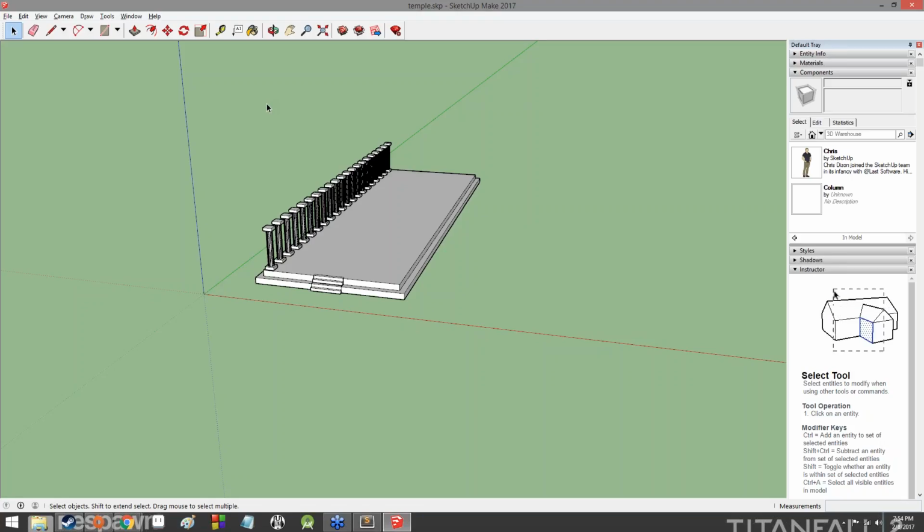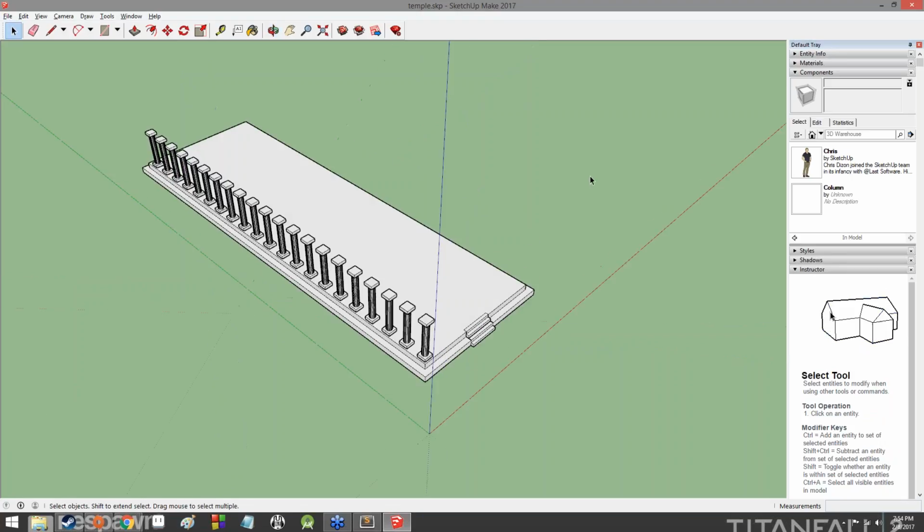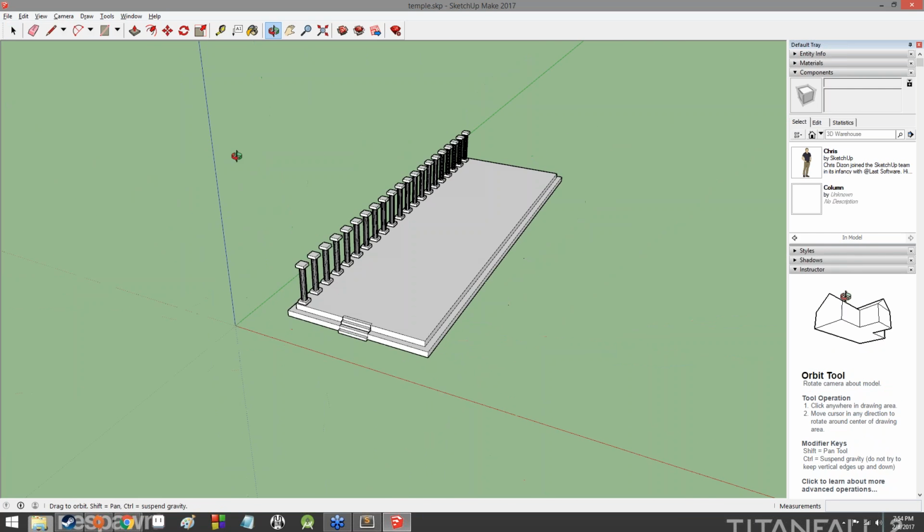7 feet. Distance between the pillars. Each pillar is 7 feet. Okay, so let me go ahead and do the poll questions, and then we'll